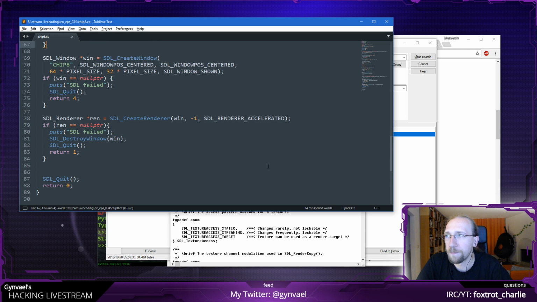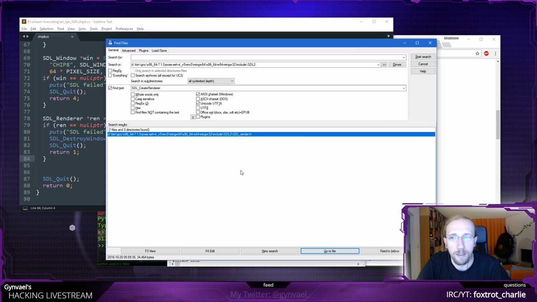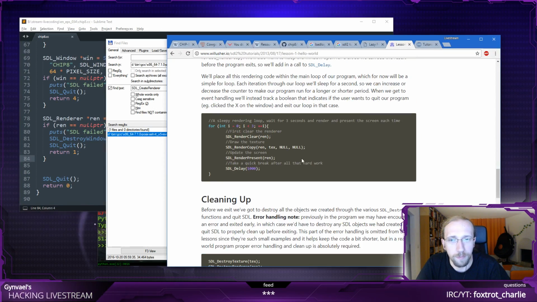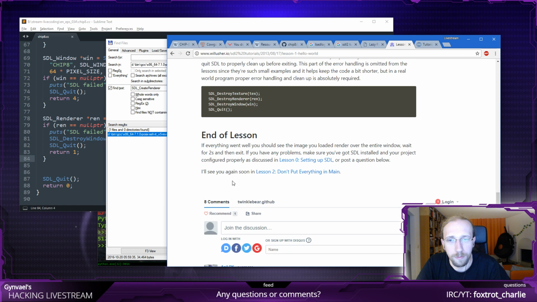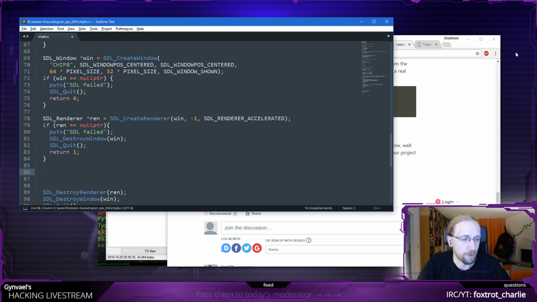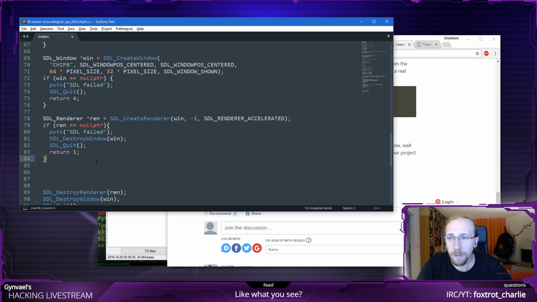Okay, so this will create my renderer, and I'm also going to copy the cleanup code. These two things. Given that I have this, now I want it to give me the frame buffer. But before I get the frame buffer, let's see if it actually compiles.